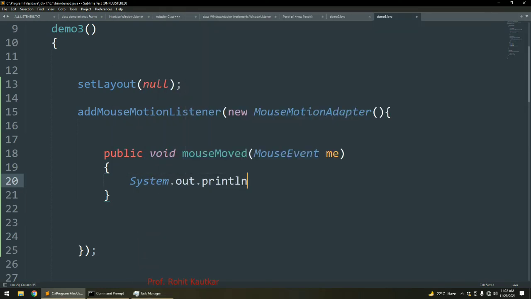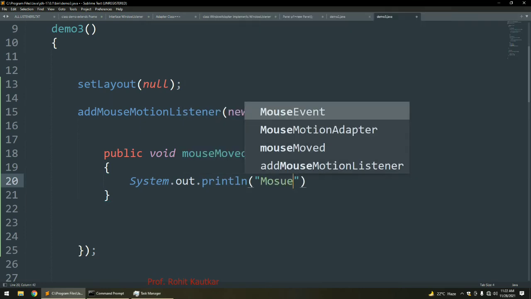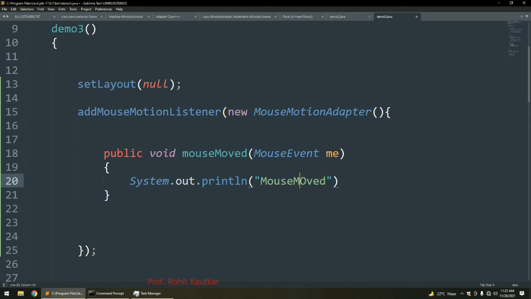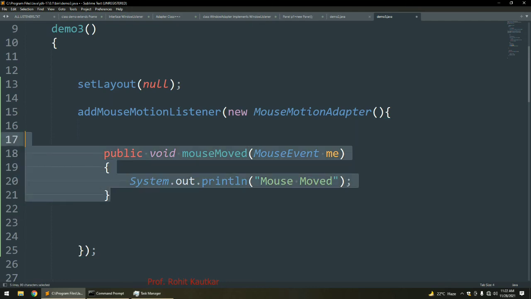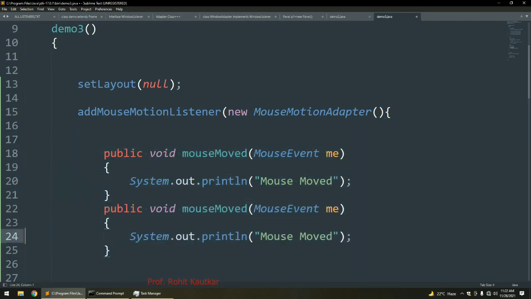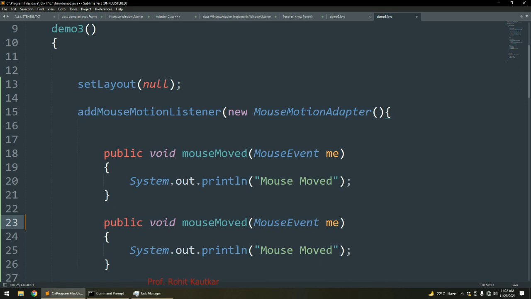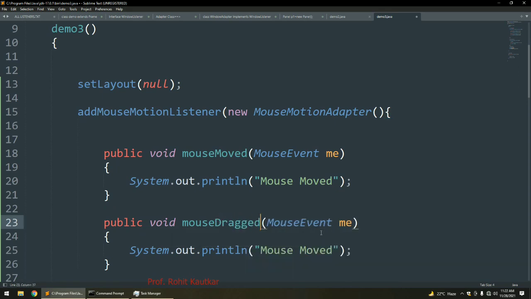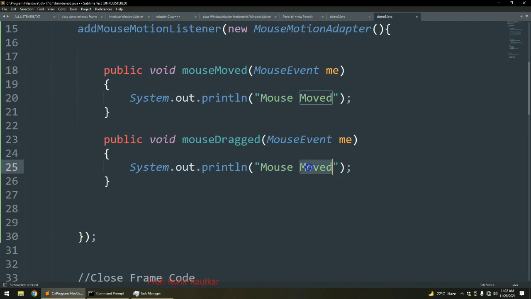System.out.println, and I will write "mouse move". The second method I will implement is mouseDragged, and here I will write "mouse drag".